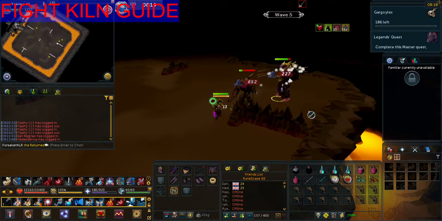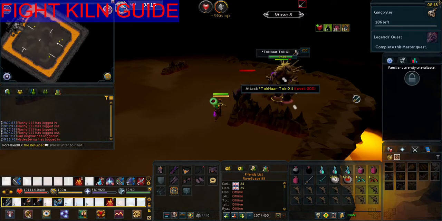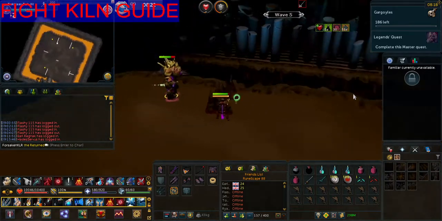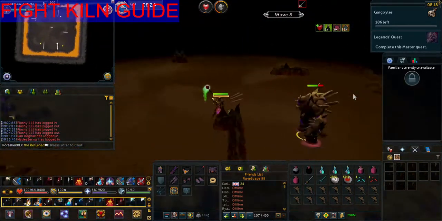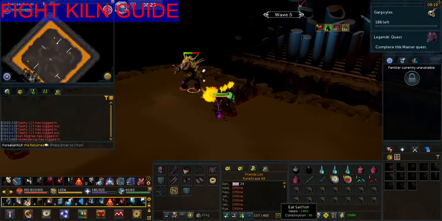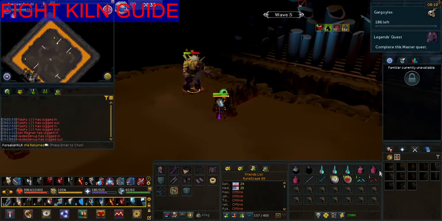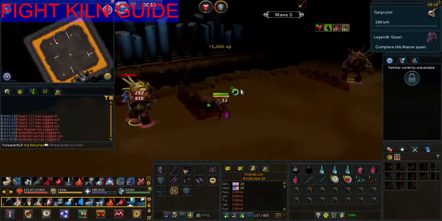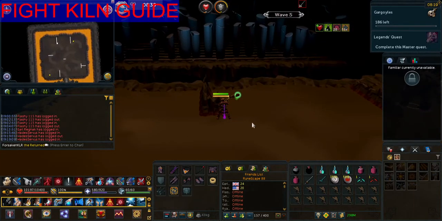Whereas the higher levels can just take like 4 overloads, just power through it, tank a lot of the damage, and heal continuously throughout the entire fight. Usually I'd take maybe like this row of fish here, and the rest will be super restores and prayer renewals, just because I don't have like any mixes yet. I've not unlocked anything, so